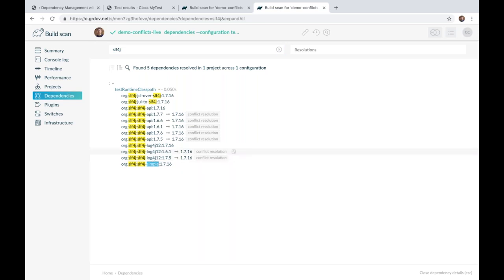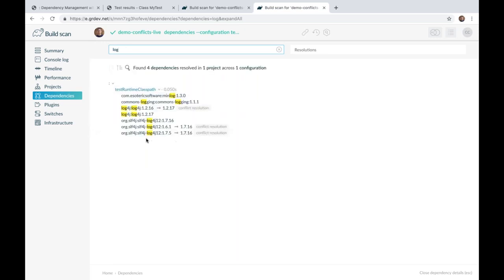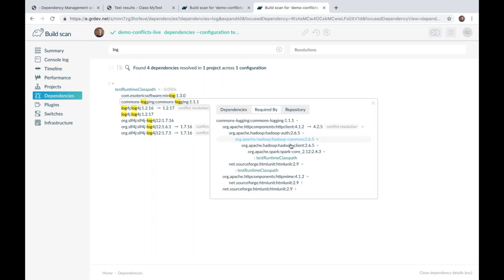So probably my problem comes from having both log4j and simple, which is something that the message actually told me in the test report. Something interesting is that if I search for log, I will also notice that I have this commons logging coming from somewhere. And if I open this and look at the required by, I can see that commons logging is brought by